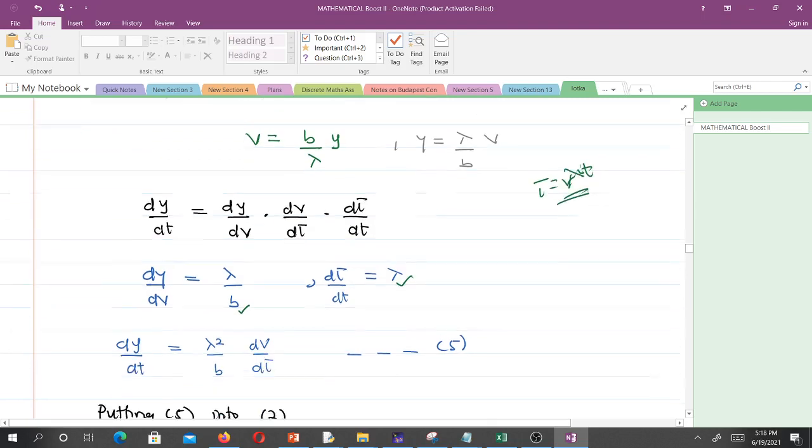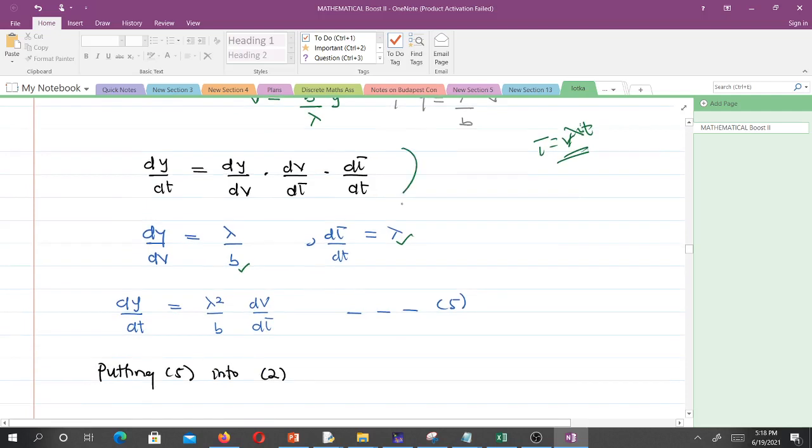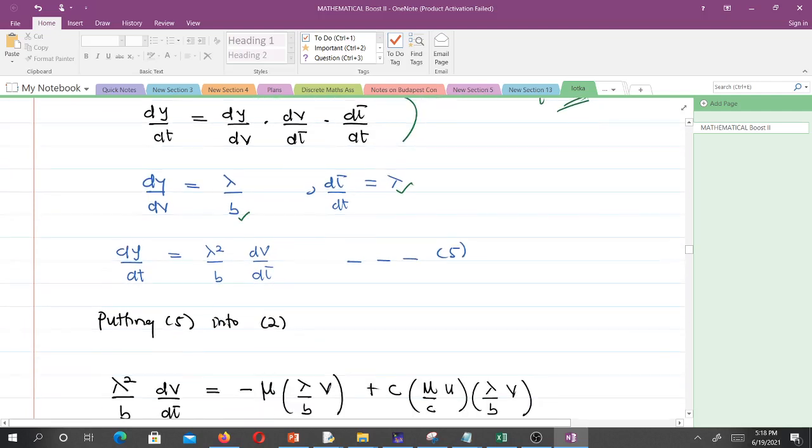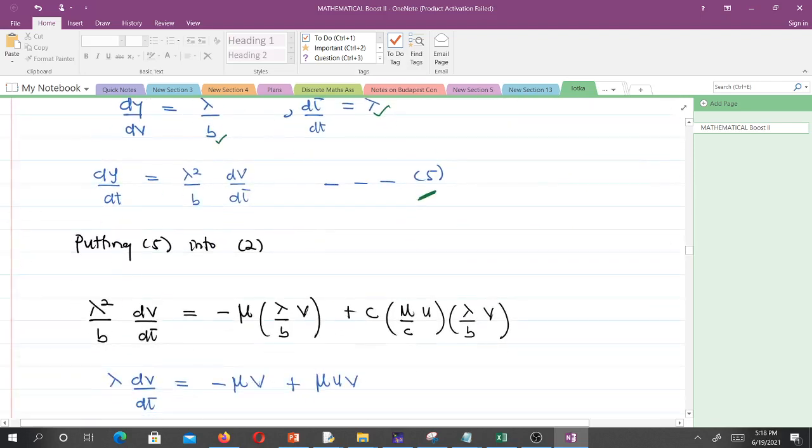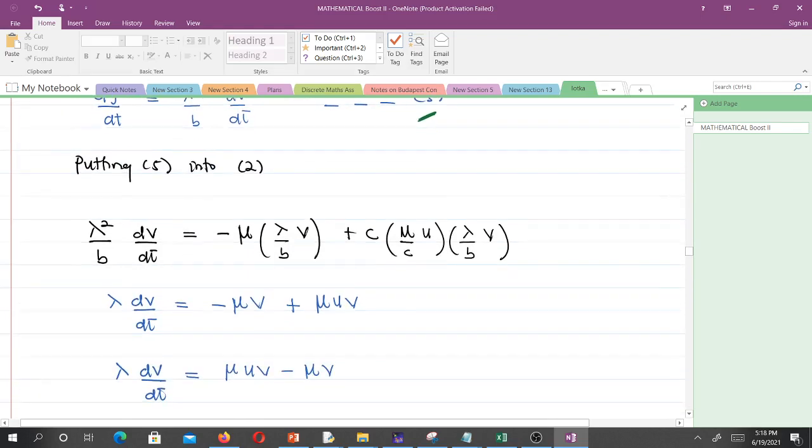Okay, alright. So when we make substitution into this equation, we are going to get dy/dt will be equal to lambda squared over b dv/d tau. And we call this equation 5, and we have to put equation 5 into equation 2. So wherever you find the dy/dt, we put lambda squared over b dv/d tau there. Okay, so putting equation 5 into equation 2, we'll get lambda squared over b dv/d tau will be